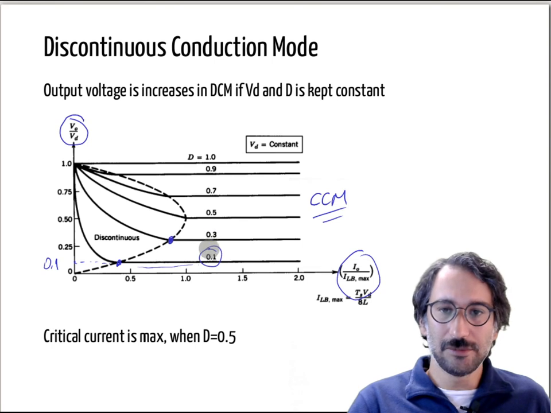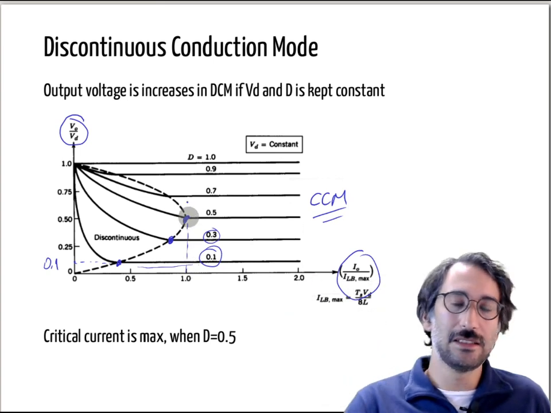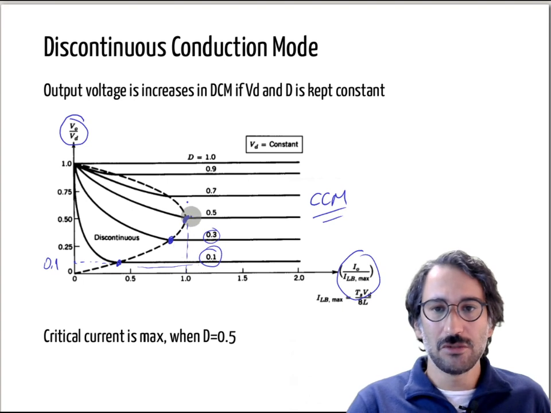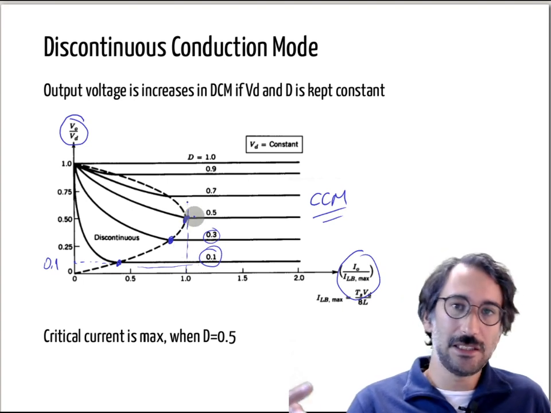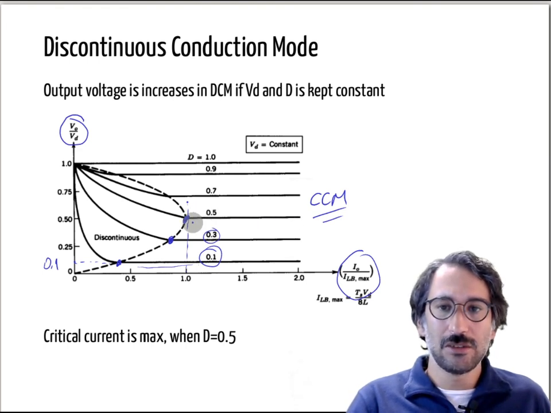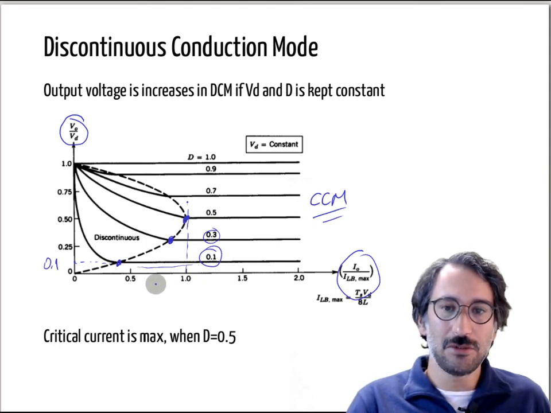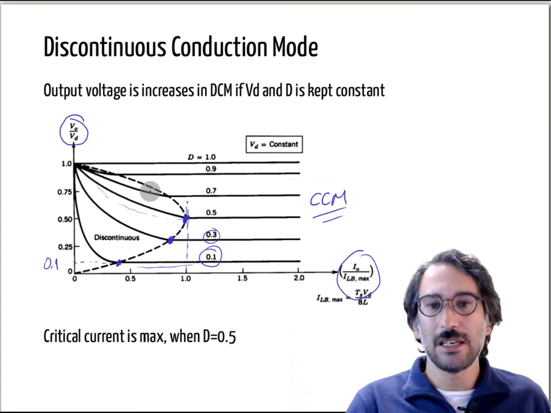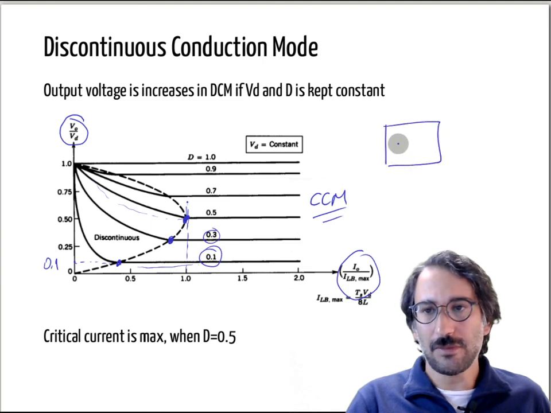However, if you just move to 0.3 or 0.5, so 0.5 is where you have the highest boundary current. So this is the point easiest to get into the discontinuous conduction mode. So again, it is constant through different currents in the CCM, but if your current is reducing, and you are getting into the discontinuous conduction mode, then your output voltage starts climbing up. Okay, again, it is not a bad thing, but